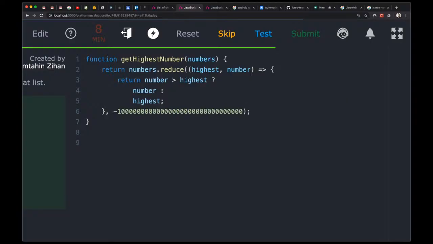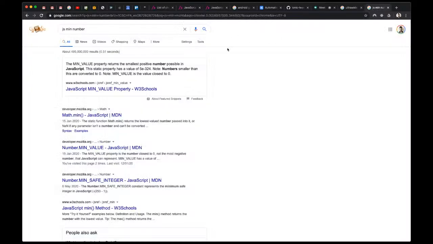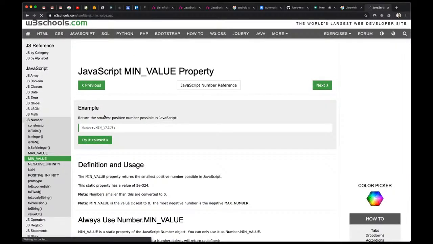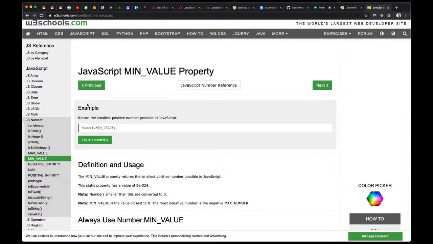beyond the ability of your 64-bit computer machine to proceed, right? So at some point this is going to blow up. So no, don't do that. However, in JavaScript, there is something. No, not min value, because I will return the number. No, not that one. There is another method called min